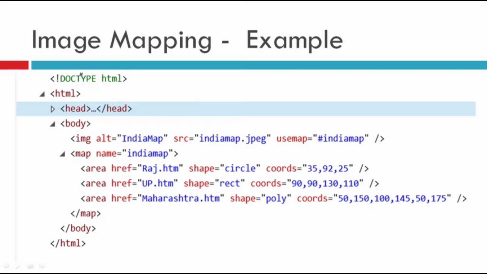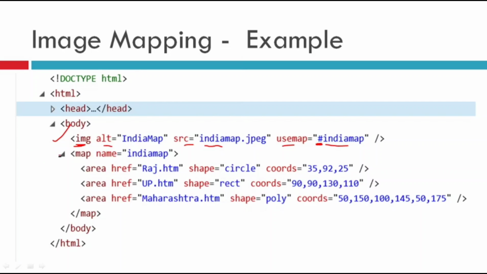Here is the entire program of image mapping that I have written. As I told you, everything is going to be written within the body tags. First, it will be the image tag, followed by alt, src and usemap. It's better that you keep the image in the same folder as the program, so there is no need to give the path. You can just give the name of the file. Then the usemap attribute with the value of the India map with the hash symbol.